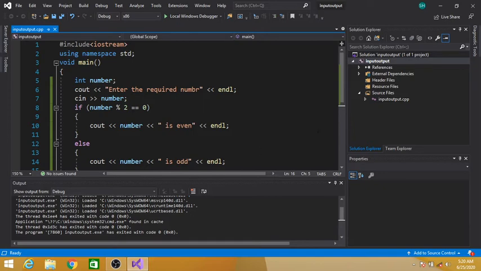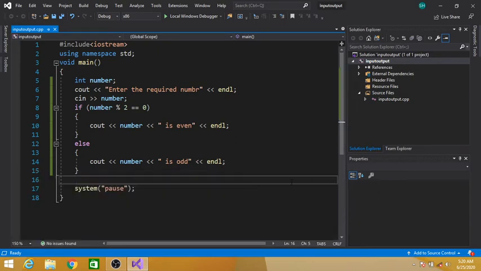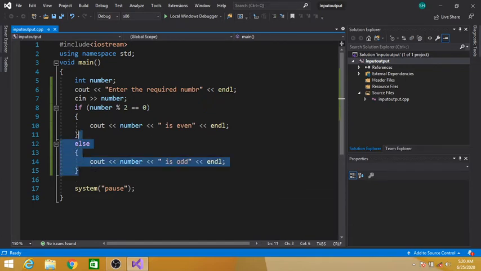Similarly, we can check whether a year is leap or not. Simple way, let's code this program.